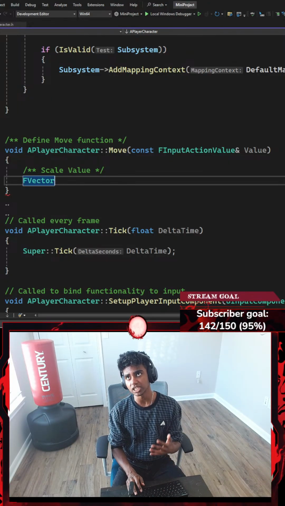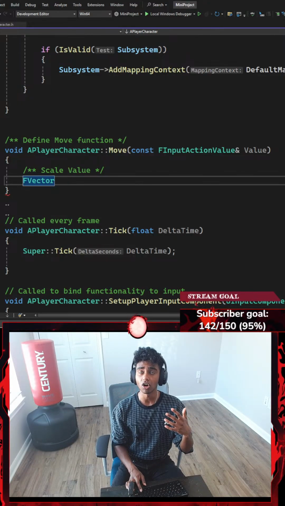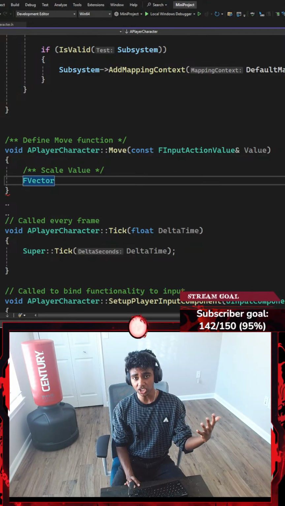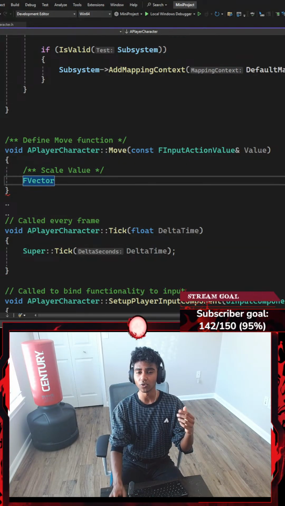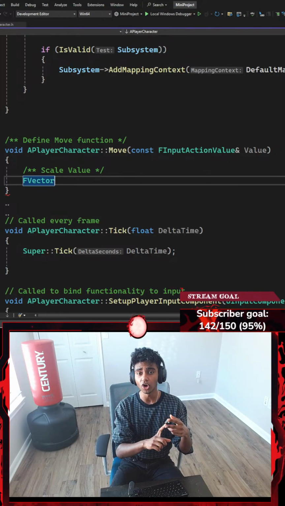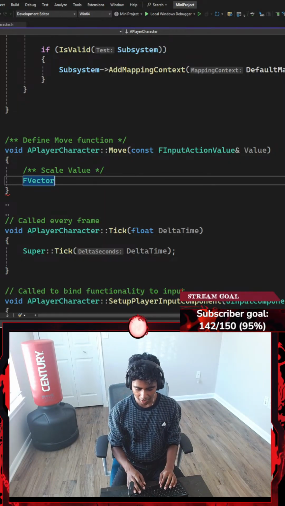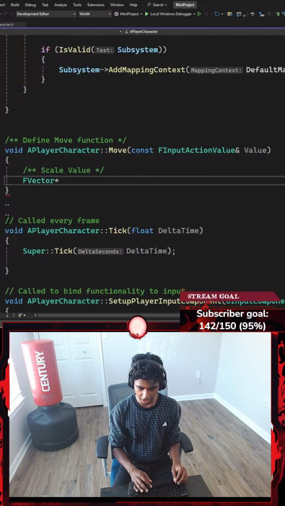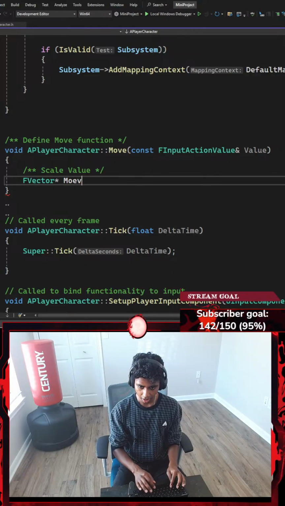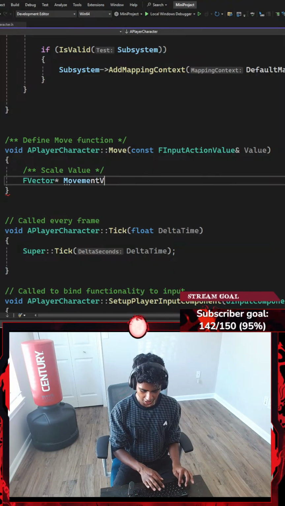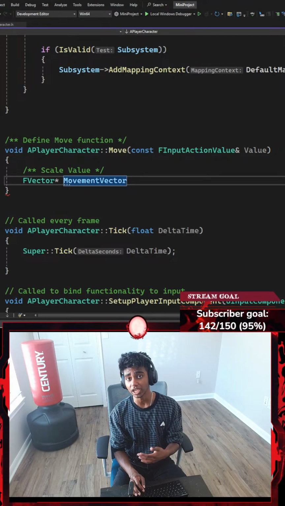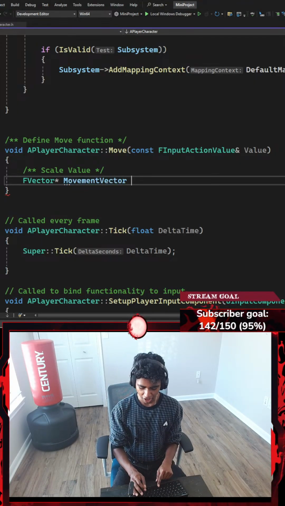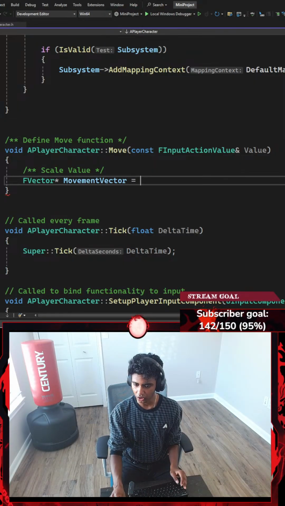An FVector is basically in charge of storing, let's say, rotations. F does stand for structure, so this is a structure which is in charge of storing either my yaw, pitch, or roll position. Okay, if that made any sense. There, I'm gonna go with the FVector being represented by a pointer called something like MovementVector. The reason I called this MovementVector is I'm going to be moving depending on what value I get, positive one or negative one, which is going to be equal to, let's go with something like